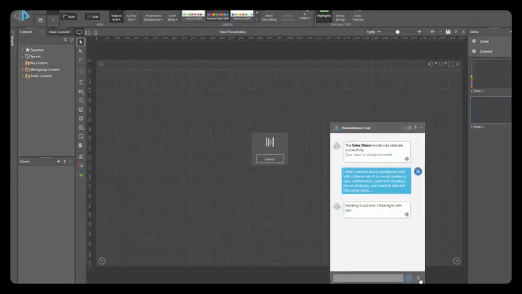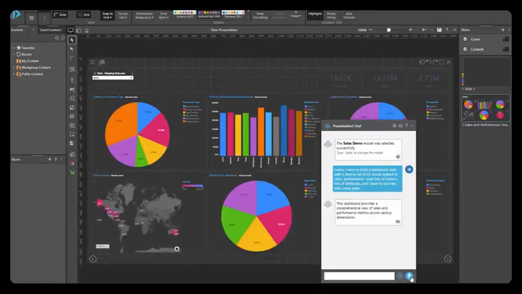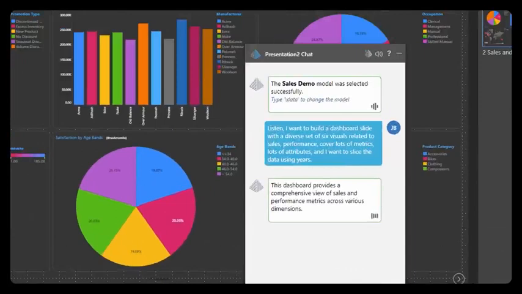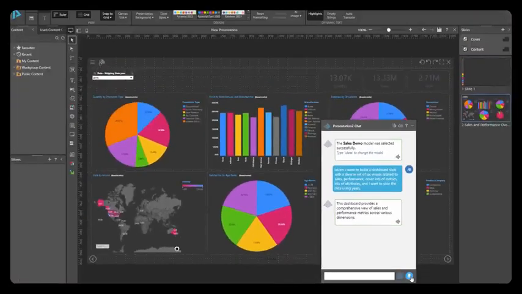The conversational nature of Gen BI is all about what do I want to see, what do I want to build, and simply being able to ask that. So it's doing a lot of calculations on the back end, trying to first understand what it is you want, make sense of it, and then give you some sort of visuals that actually look good and are answering some of your questions. Absolutely. This dashboard provides a comprehensive analysis of sales performance across various metrics and attributes with the ability to slice data by year.